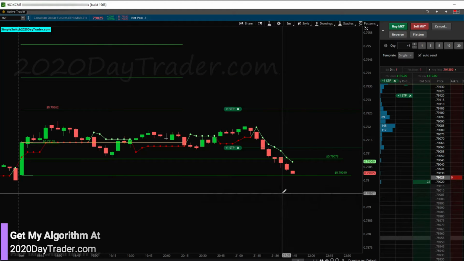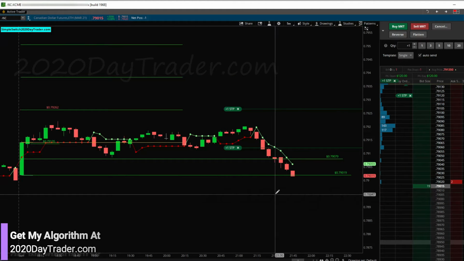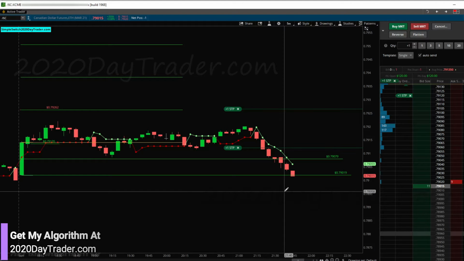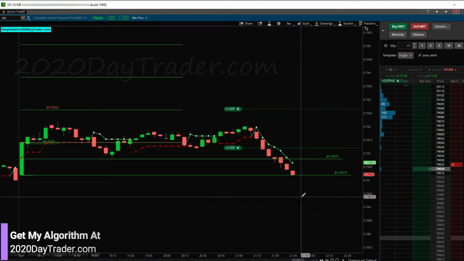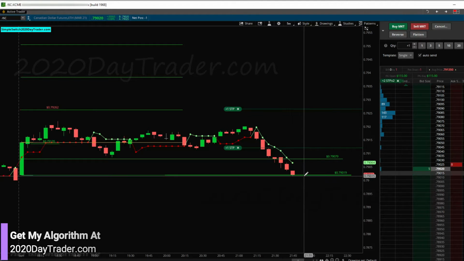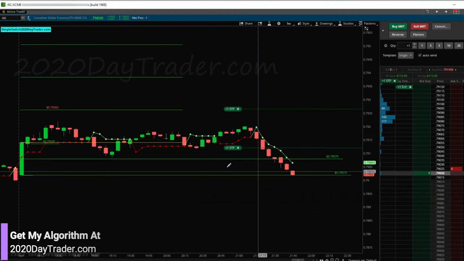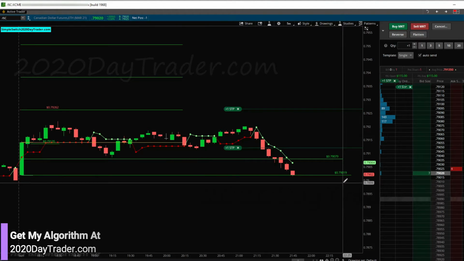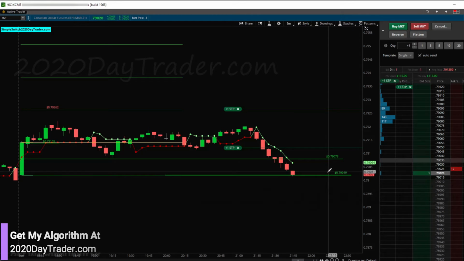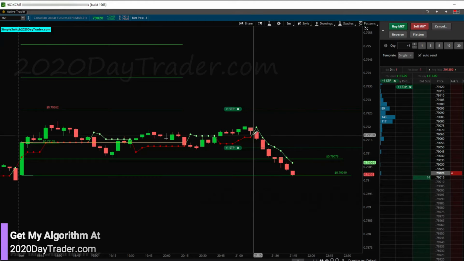Okay, so right now the ticker we're trading is the Canadian dollar futures, the ETH session on that. As you can see here, we're hitting our full target now. So this is a full trade right here. Normally I would be taking everything off the table or putting my stop in, so if it backs up, it gets me out. So I'm going to let this ride though,